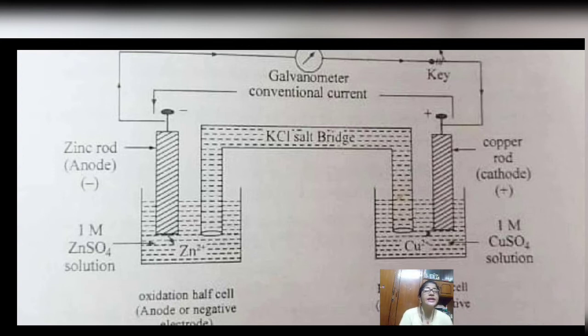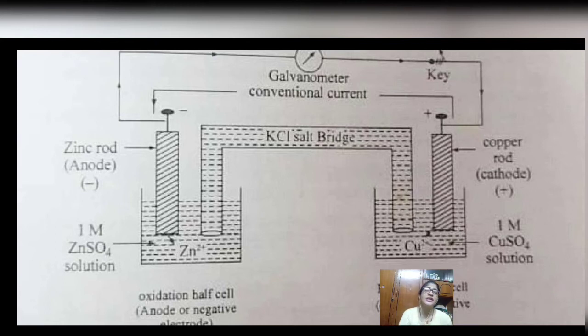Moreover, this salt bridge contains KCl or KNO3 or NaNO3 like inert materials. I'm saying that these are inert materials, but actually they are inert only to this particular cell reaction. These materials are not at all inert otherwise. And either KCl or KNO3 or NaNO3 inserted inside the salt bridge will be mixed with a chemical called gelatin or agar-agar. I suppose you all know what gelatin or agar-agar functions for. These are the chemicals which are used to keep the solids in a molten state.